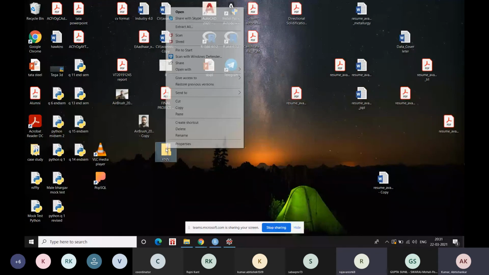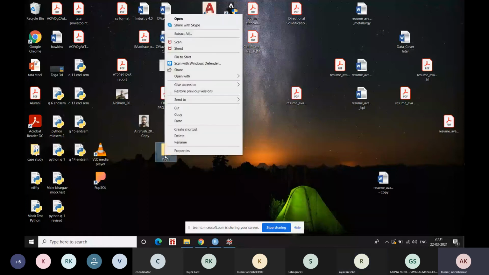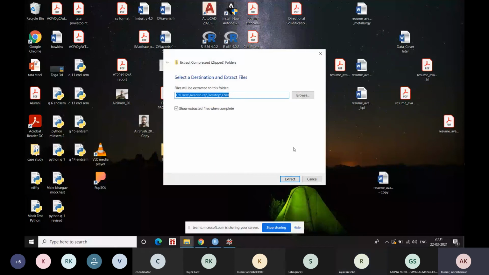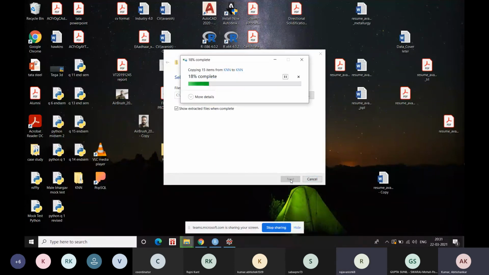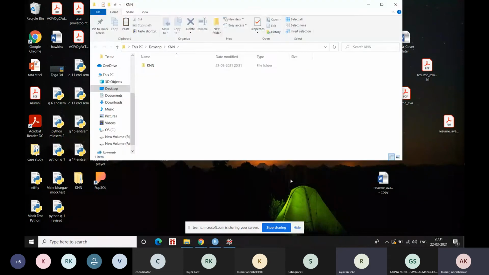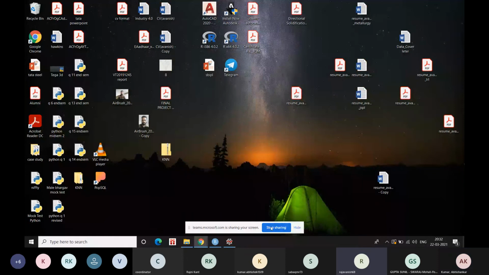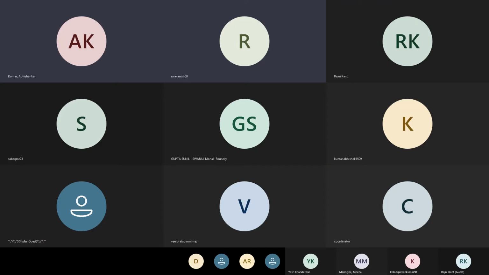Close this. No, no. You unzip it. No, not open with. How to? No, no. Extract. You have to extract it. Okay, sir. Extract. Yes. Close this. Okay, sir. Now I can do it, sir. So you can do it now, no? Yes, sir, I can do it. Okay. Thank you, sir.